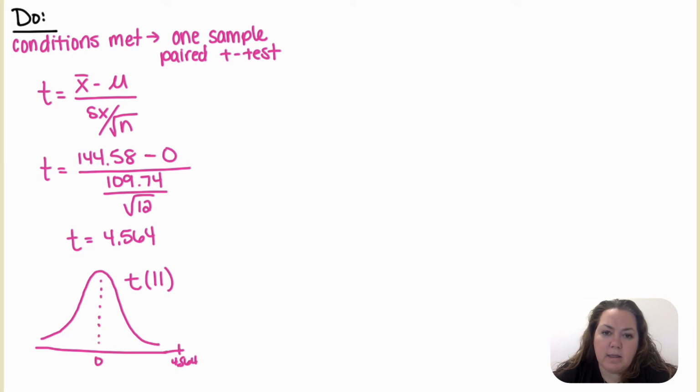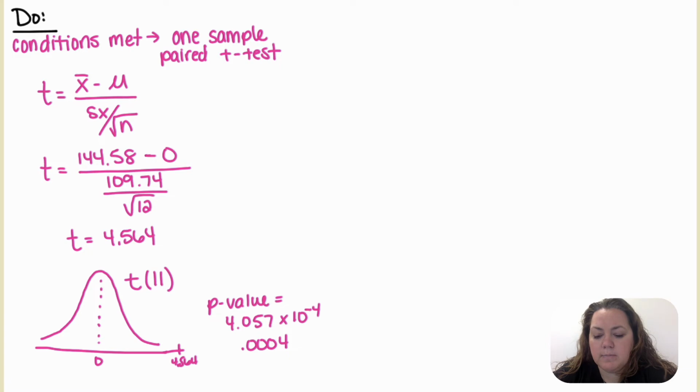0 is going to be at the center, and I'm going to go to my test statistic, which was a t-score of 4.564. And I'd be shading above, but there's really not much to shade because it's so far. It's almost 4.5 standard deviations above the mean. So my p-value is very, very small, 4.057 times 10 to the negative fourth, or